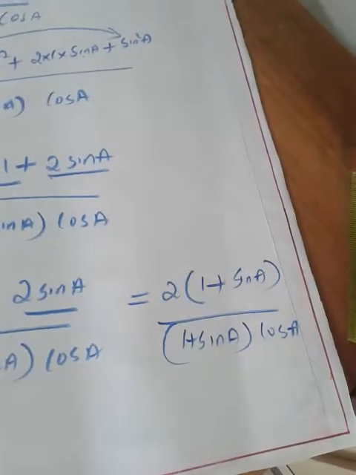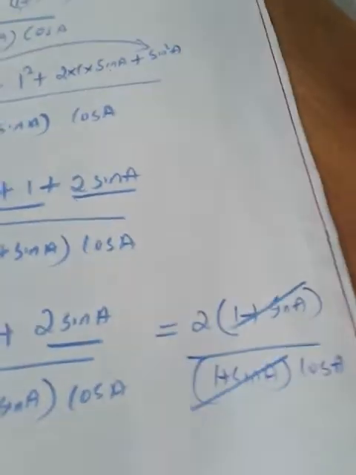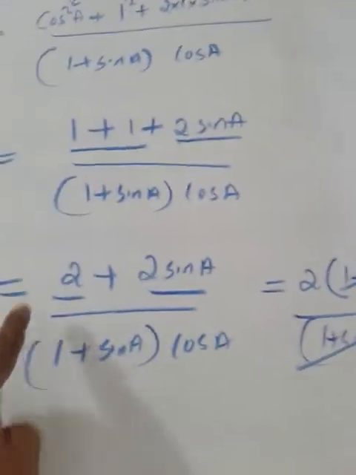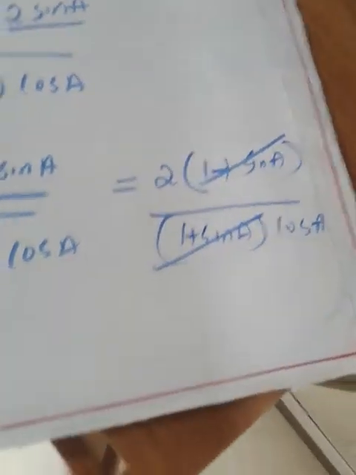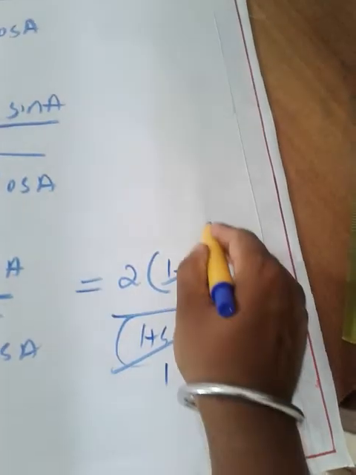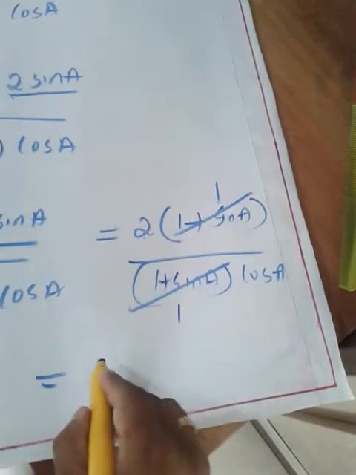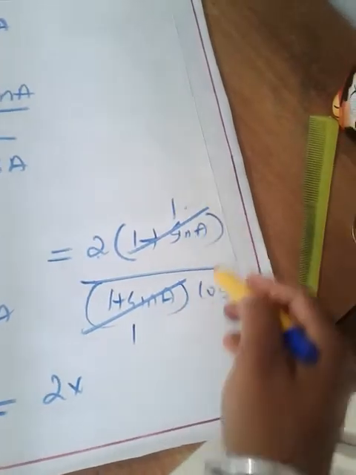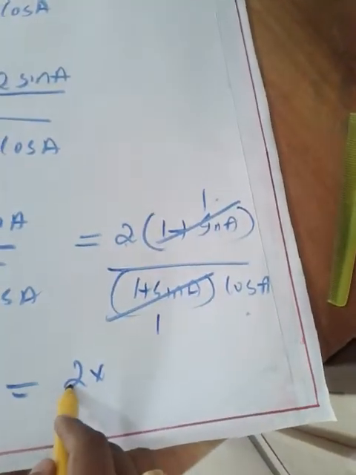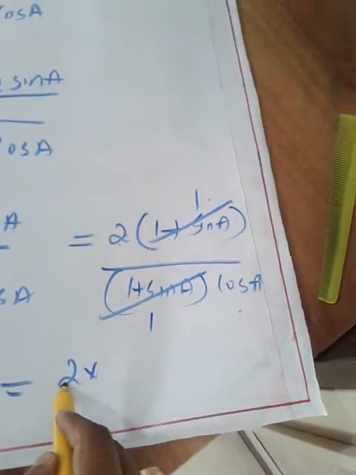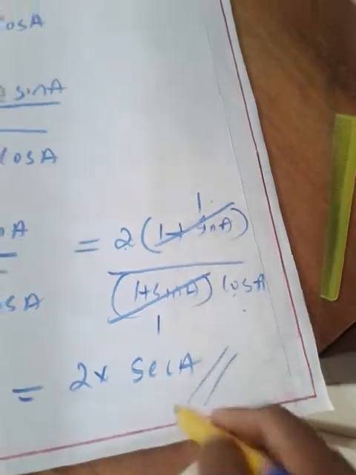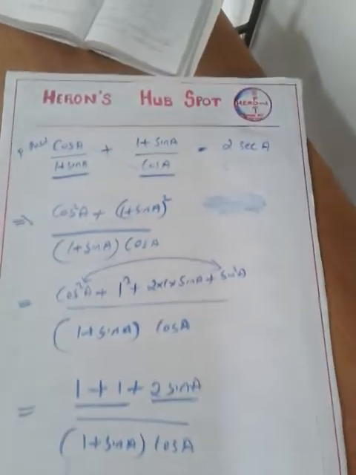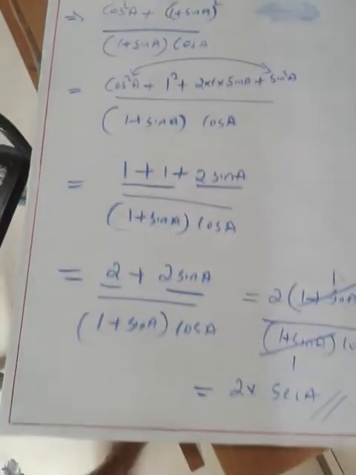Then what can we do? We can cancel these two terms. So you may have understood why I took 2 outside, because only then this kind of cancellation is possible. And what will remain when you cancel the same terms? You are right, 1. So 2 is there into 1 by cos a. 2 is there as it is without any change, and 1 by cos a. What is 1 by cos a? Sec a. So we reached on the RHS side 2 sec a. This is the method to write. This is the method to prove it.